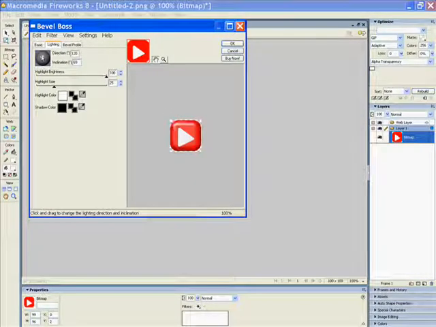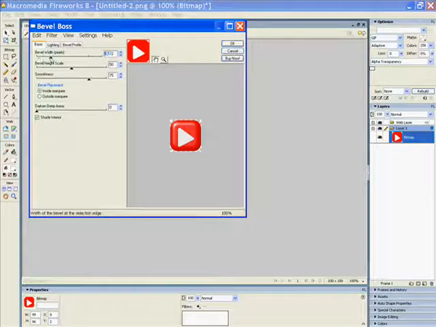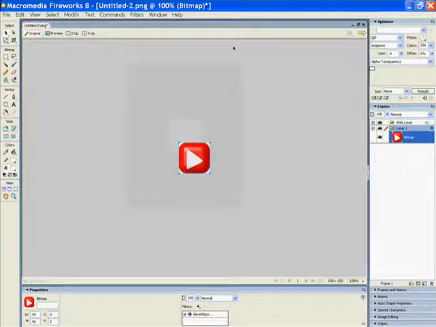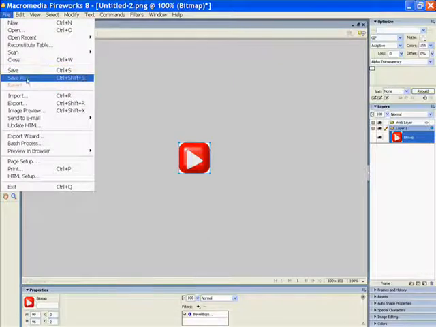I'm going to move my light a little bit because it seems a little bit dim. Raise the width or whatever, just to set it to your preferences. Make it really sharp or really smooth, whatever. Okay, and then